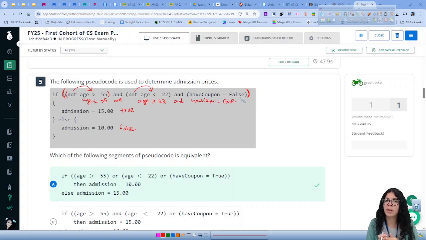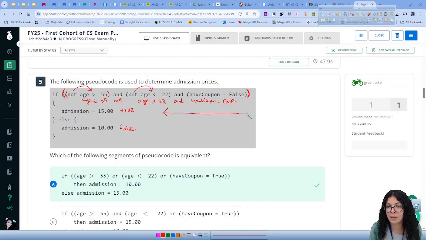I'm using De Morgan's just to change the not, because thinking about it with not is more confusing. If I apply the not to the inequality, then I can just think about the inequality as a positive rather than trying to invert it in my mind. So what is the condition that is going to make this true? Well, that age is less than or equal to 55 and that age is greater than or equal to 22,